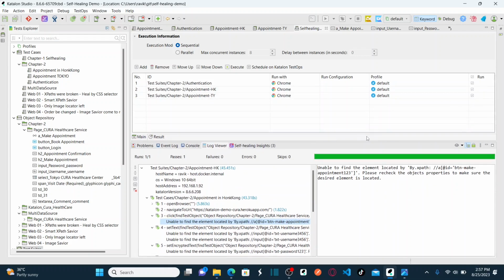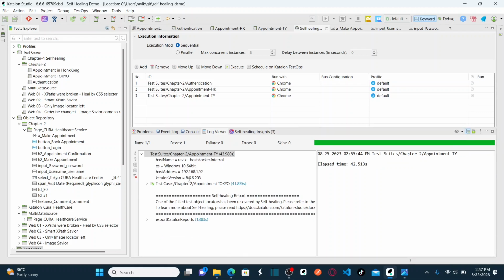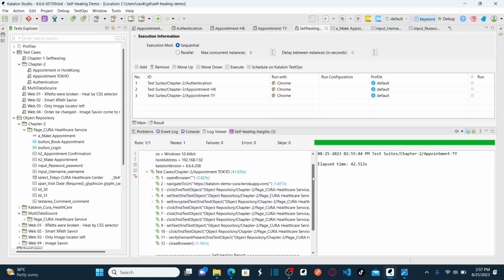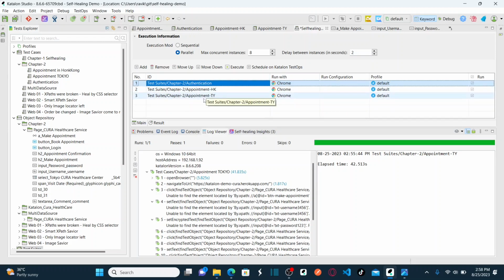In the same way, let's see here, Tokyo, appointment Tokyo. Here also, see here. There is no self-heal process. Correct? That's how it works. And then let's see now in parallel. If I run in parallel, what happens? We'll see. I want to see if I run these test suites in parallel, how it's going to handle smart